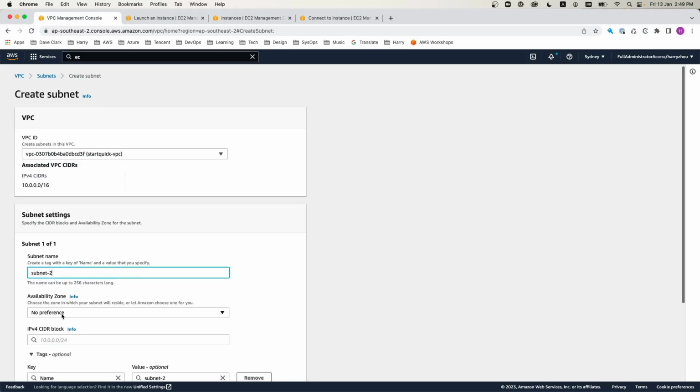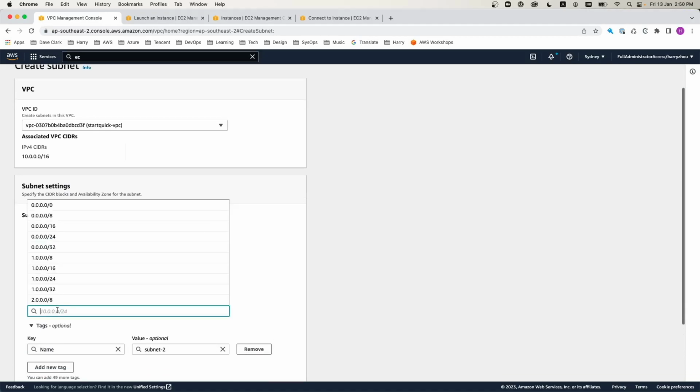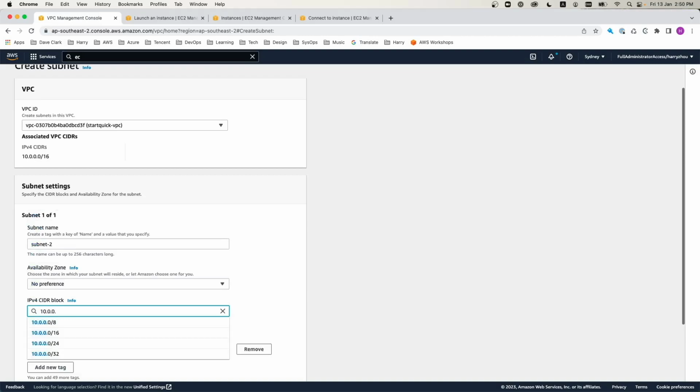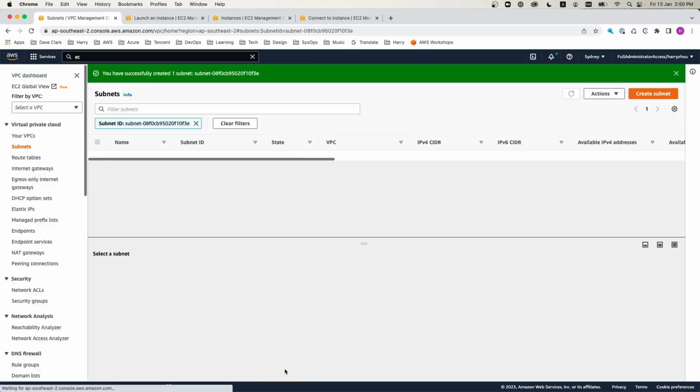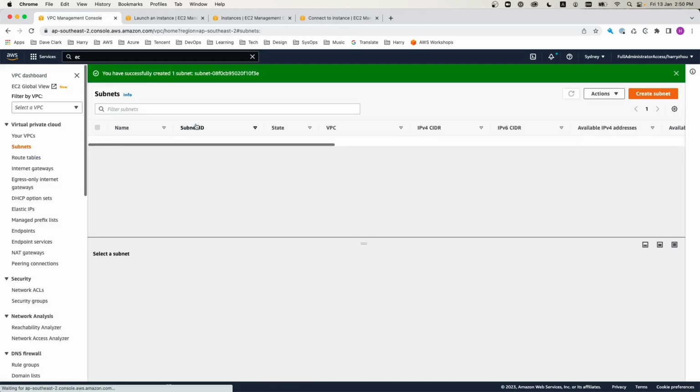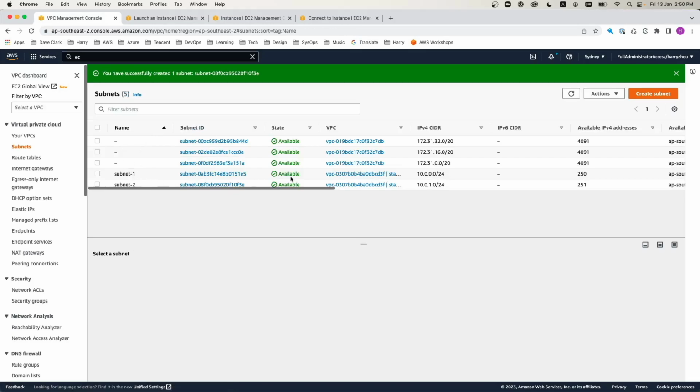We don't need to select availability zones, and now we give it a separate IP range, which is 10.0.2.0/24. Okay, this is subnet 2. Create subnet. Now we can see that we have two subnets for our own created VPC. So this one we're going to use as the public one, and this one as the private